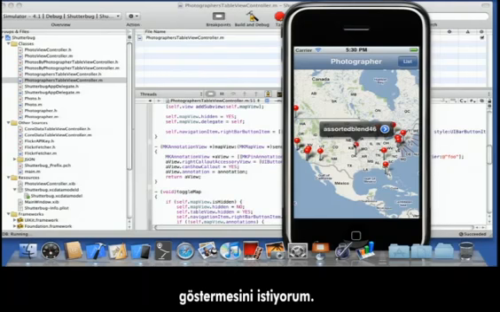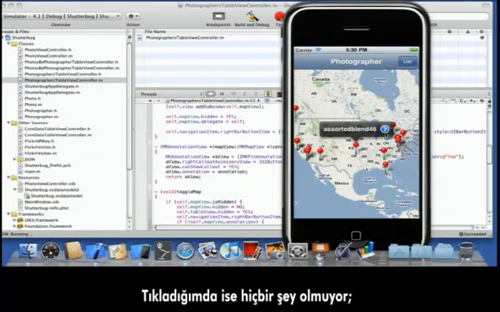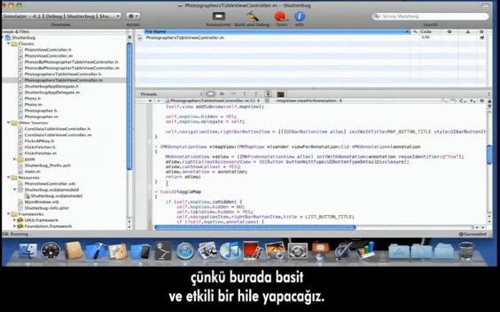Okay, so now we have the callout, but we have the little blue button, okay? But if I click on the blue button, nothing happens, okay? And that's because we need to use this little magic delegate method that gets called when you touch a control that's an accessory view. So let's do that, and that is called